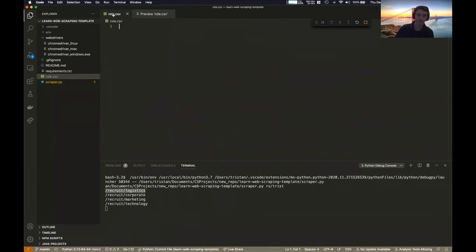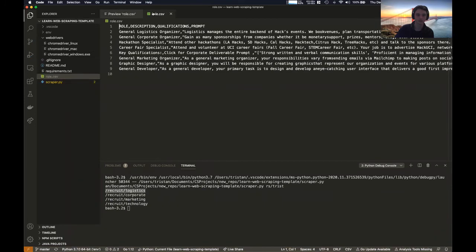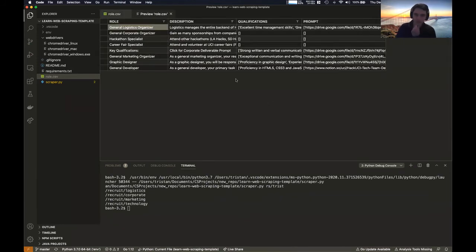So I think it's still empty because, let's see, there it goes. Okay, so it just took a second to update. All right, so if we go back to this Excel view, I think we're pretty much done, except there's one